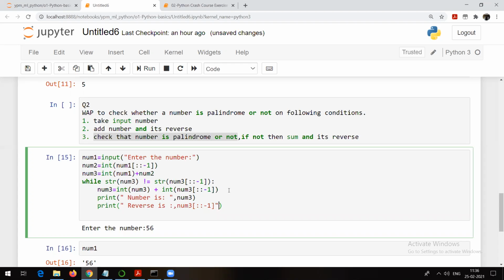So reverse is num3, that is right. Num3 colon minus 1. So let me make it correct.